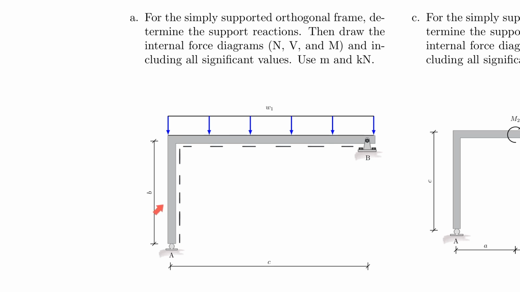In fact, you may want to practice and see what happens if you put the reference fiber on the left side, because remember what the reference fiber does. The reference fiber is a local coordinate system. So for this member, this reference fiber defines the coordinate system, and for this member, this reference fiber defines the coordinate system. And it defines the positive x direction and the positive y direction. So you can imagine that if I put the reference fiber on the other side, which you're very free to do for these vertical members, then the diagrams might look very different,